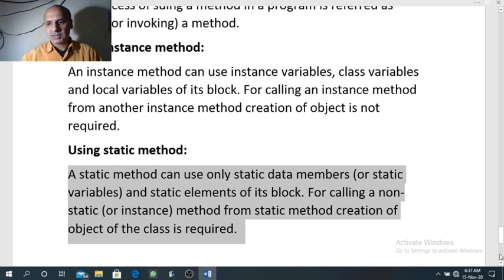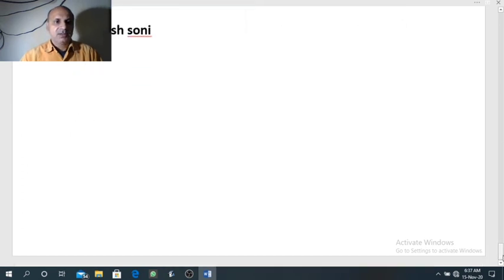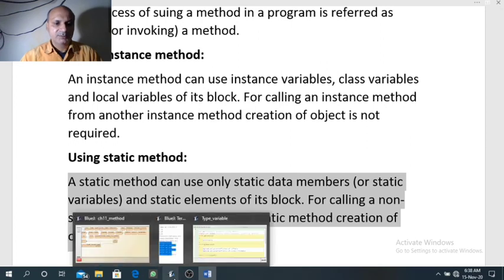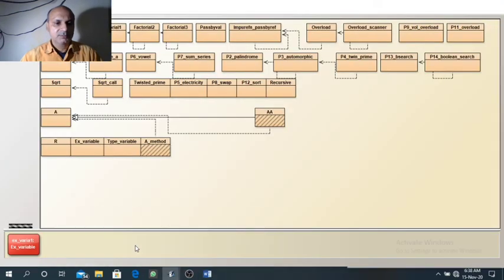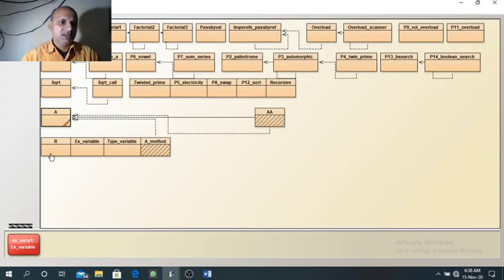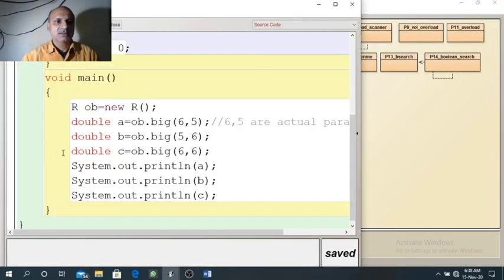So these two points we are going to study with the given program. Let us open this class.